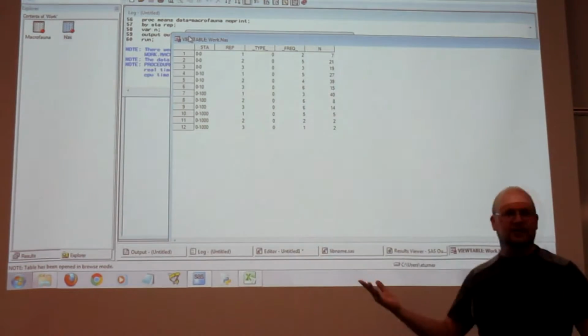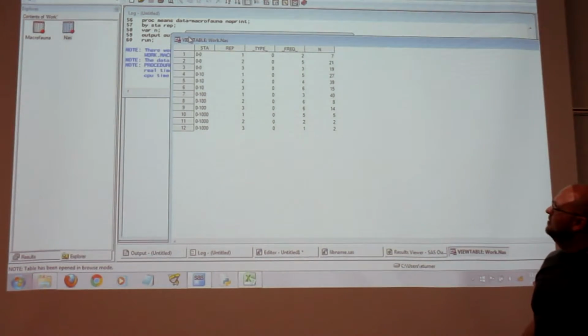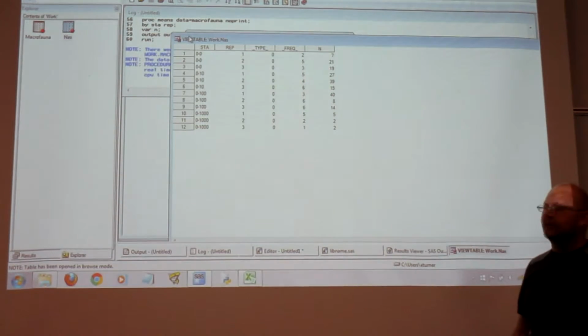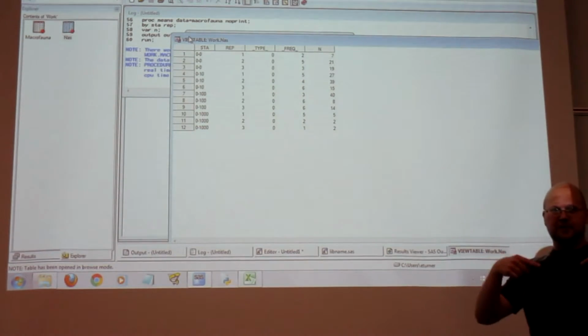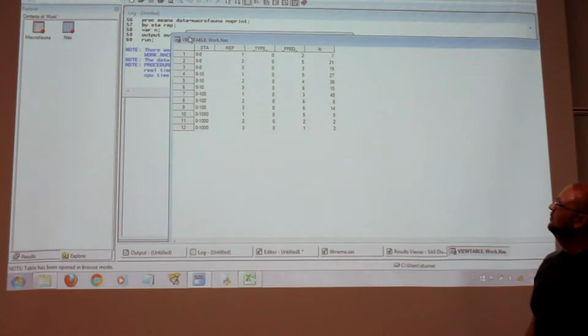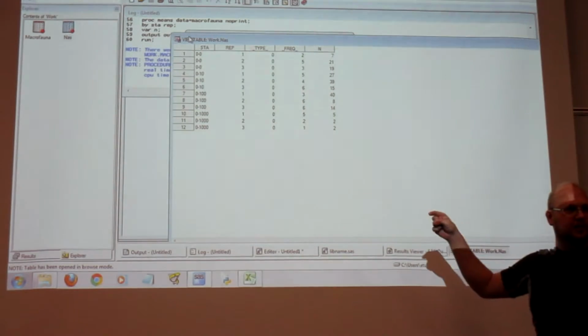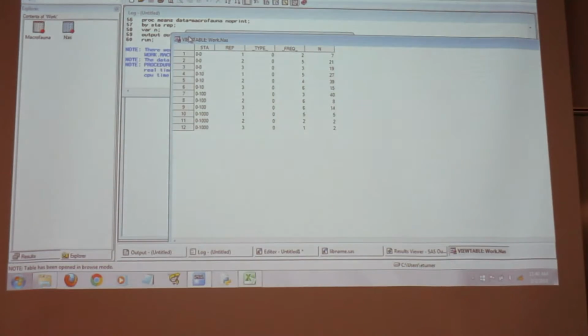Now I want to graph this, but in order to do it, I want to fix my variable names, because I don't want it to print out and say underscore FREQ underscore. I want it to actually say richness, okay? And it's difficult in SAS to just right-click these things and rename them. You have to do it in data steps. So now we're going to do a little bit of fixing up, okay?